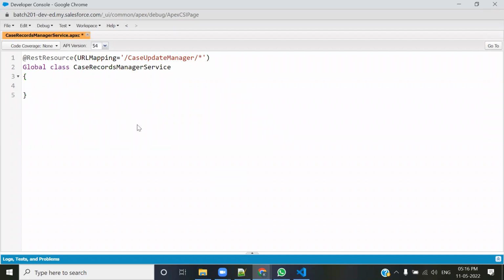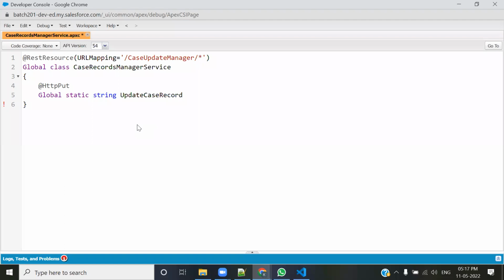Okay. After that, because I want to create a method to perform the update operation, I'm calling this the HttpPut method. Put is used to perform the update operation. So give the name global and static. Now what would the return type be? The return type would be String. It's going to give a message, record succeeded or failed, whatever. And then let me give a method name as update